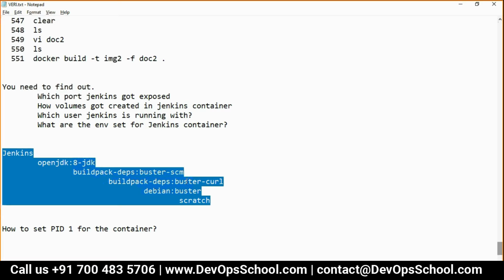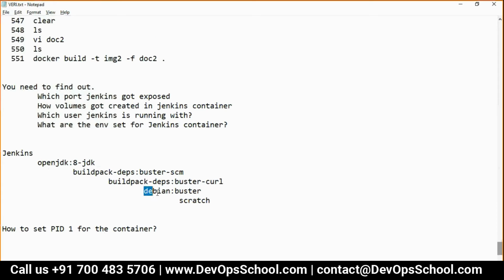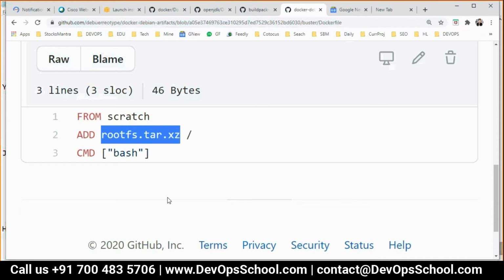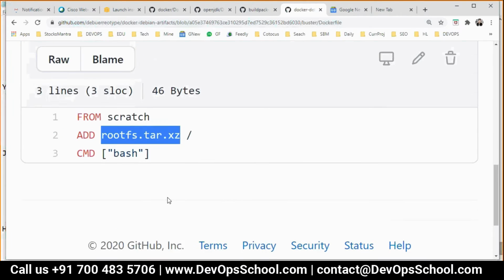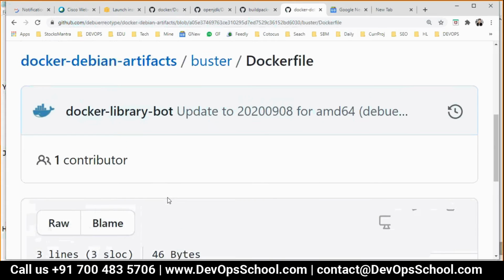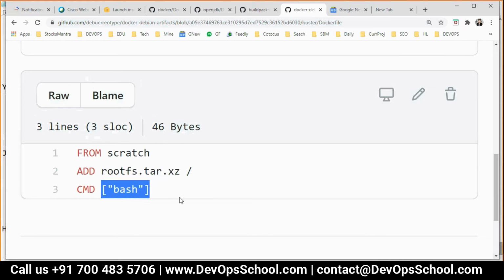Yes. Now I'll show you the content of this. You can see that this content you can download. This is the root file system, but for what? For what? Remember, every flavor of Linux has a different root file system. You can develop your own root file system also. And you can develop your own runtime environment for the containers also, which I'll talk about in a second.